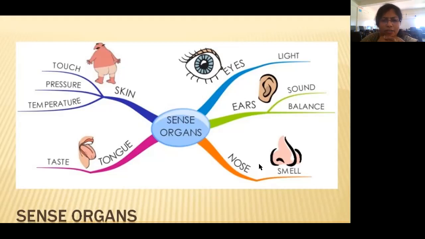So what these sense organs do is, whenever they come across something, they send signals to the brain, and the brain understands a particular thing. Let me take an example of mango juice. Everybody likes mango juice, correct? So what will the skin do with mango juice? When you touch the juice glass, the skin gives a signal to the brain whether the juice is cold or hot or normal temperature.